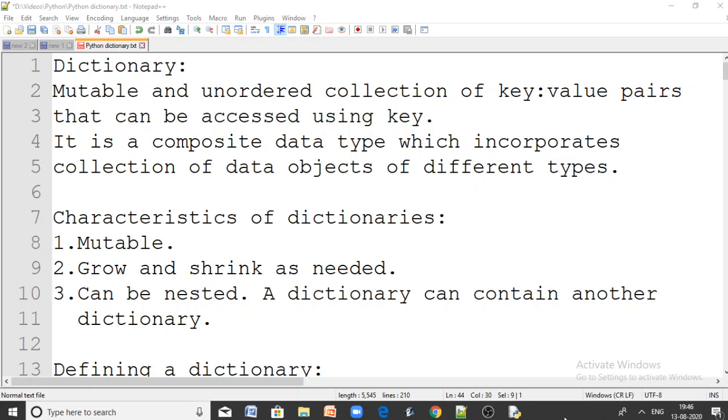Hi everyone. In this video, we are going to discuss another important and interesting data type in Python, that is dictionary. Dictionary is an ordered collection of key value pairs. What is dictionary in our regular context? If you take a dictionary, what it will have? It will have a word and its meaning, right? And if you take a telephone directory, you take a phone number and the name corresponding to that phone